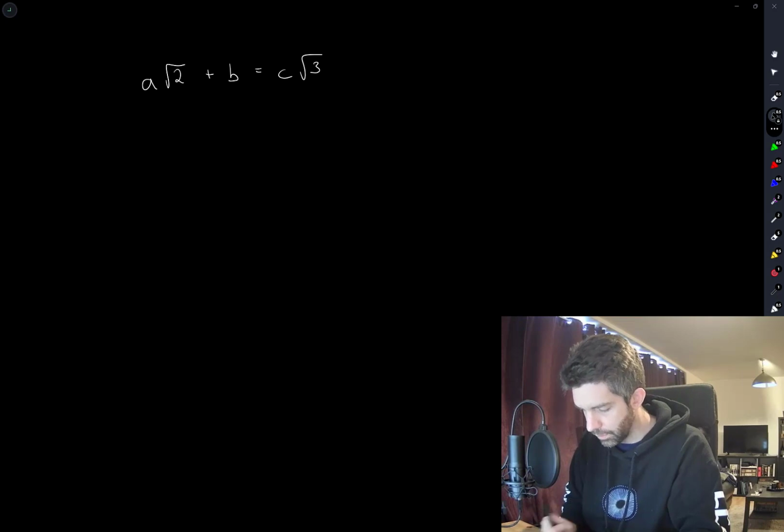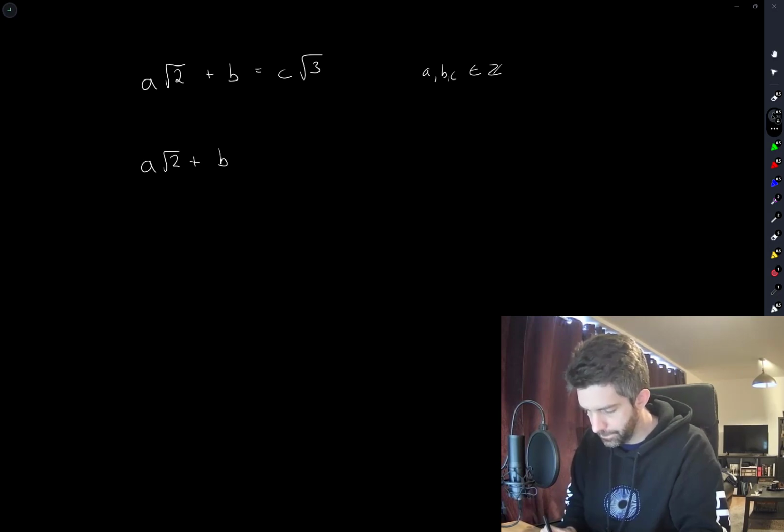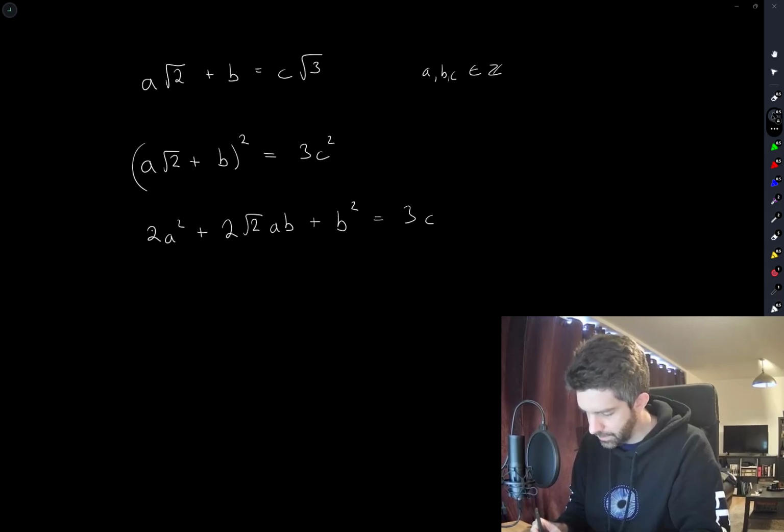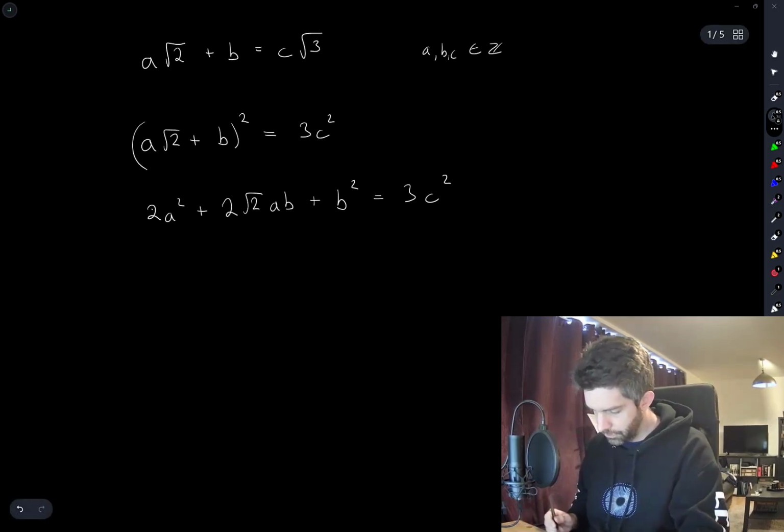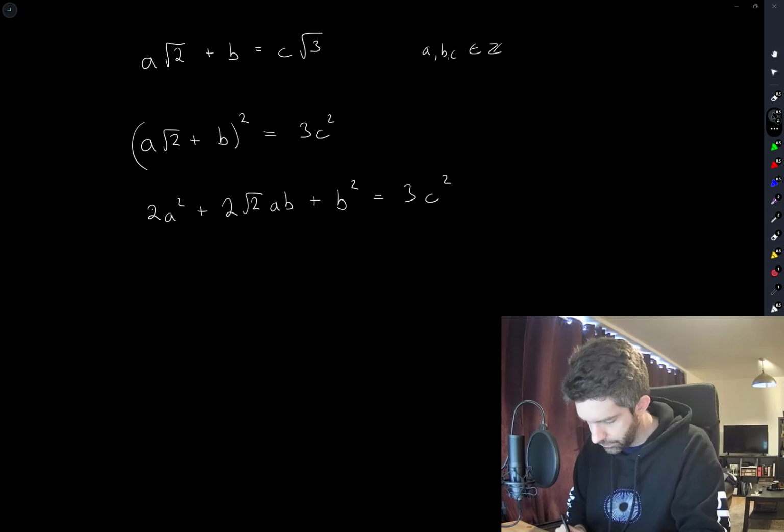So we're going to suppose that this is true. a, b, and c are integers. If we square both sides, what do we get? We get 2a squared plus 2 root 2 ab plus b squared is equal to 3c squared. Okay, so if we rearrange this,